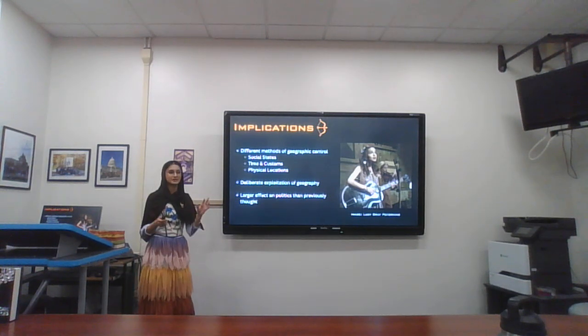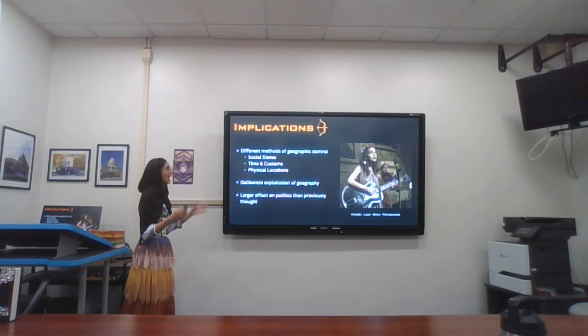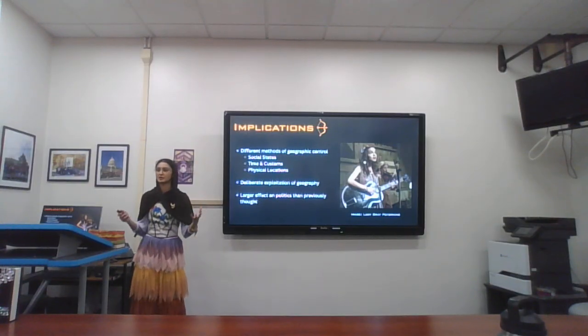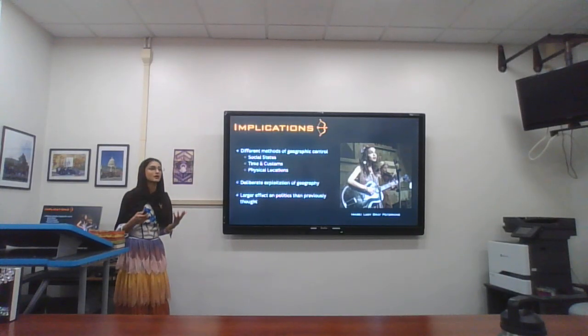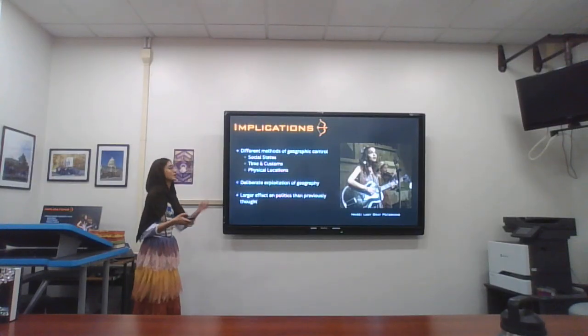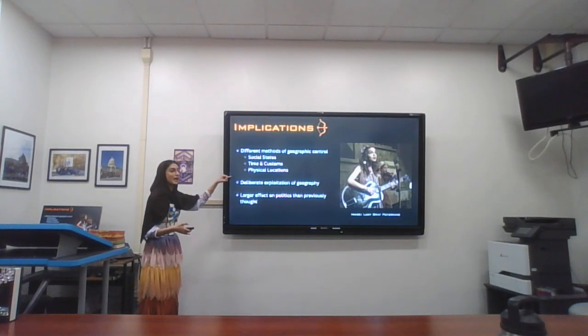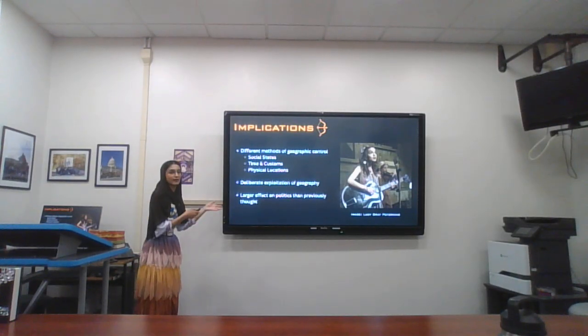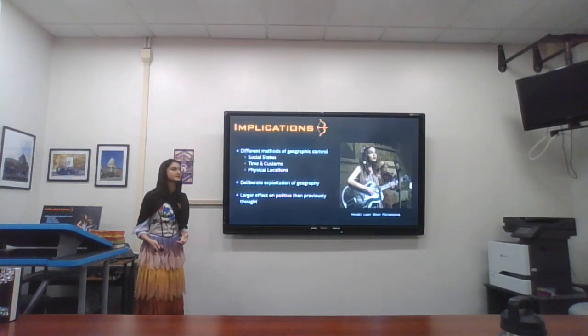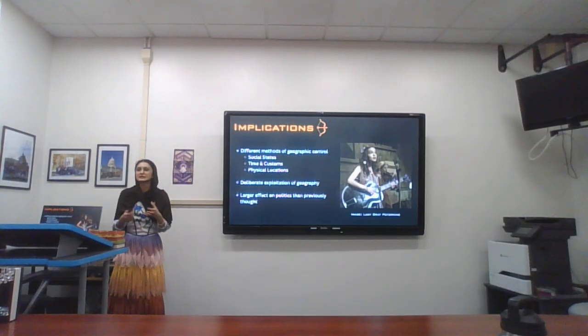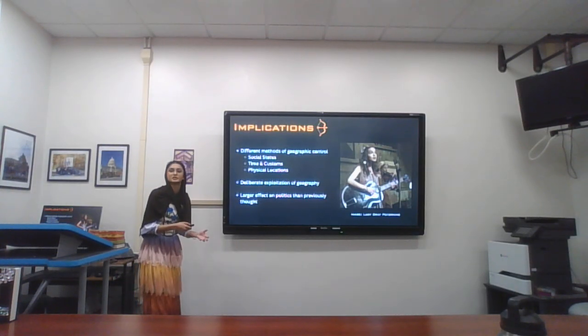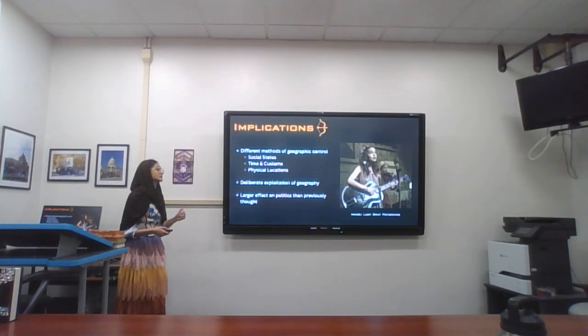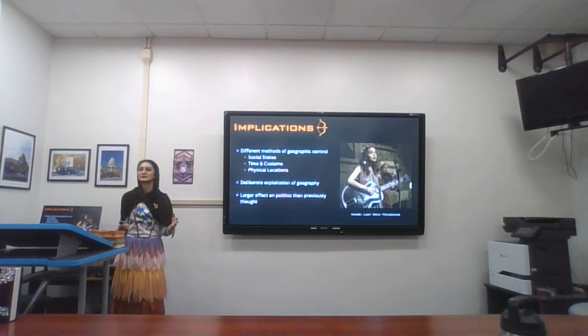But we also see that there are some actual active methods of different geographic control methods in authoritarian systems. And it depends on where you rank socially, when and how you live, and where you live in that authoritarian system. Therefore, there is a deliberate exploitation of geography that impacts politics on a more regular basis than we might